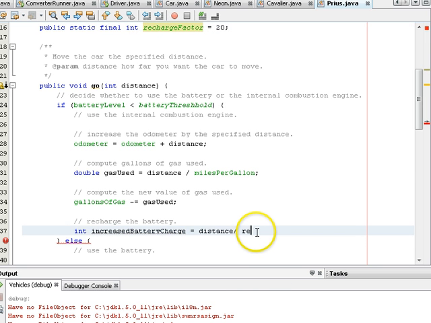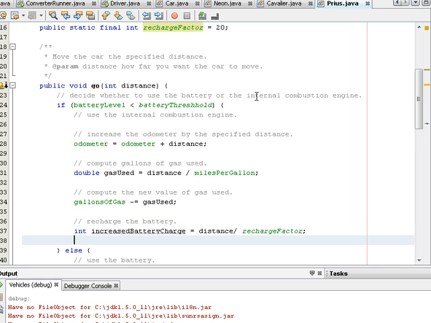Distance divided by recharge factor. So at a recharge factor of 20, if we go 100 miles, we're going to recharge the battery by 5 milliamp hours. So we'll want to add that to our battery level. Battery level equals battery level plus increased battery